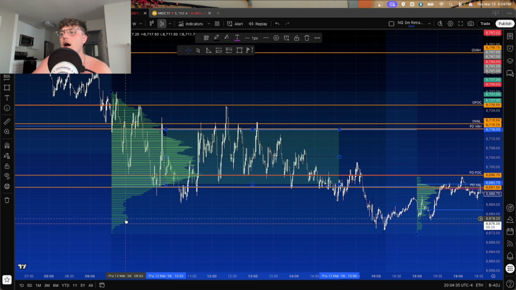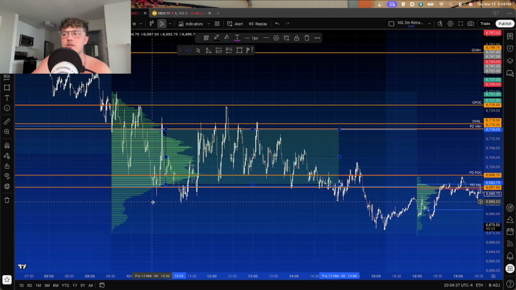As you move down to further and further discounts, there were fewer and fewer transactions happening. Same thing at the top, right? We opened up here and price instantly pushed us down, to where value was wanting to be established in the market. So there's not a lot of transactions happening up here either, right? The majority of transactions occurred between our value area low and our value area high.